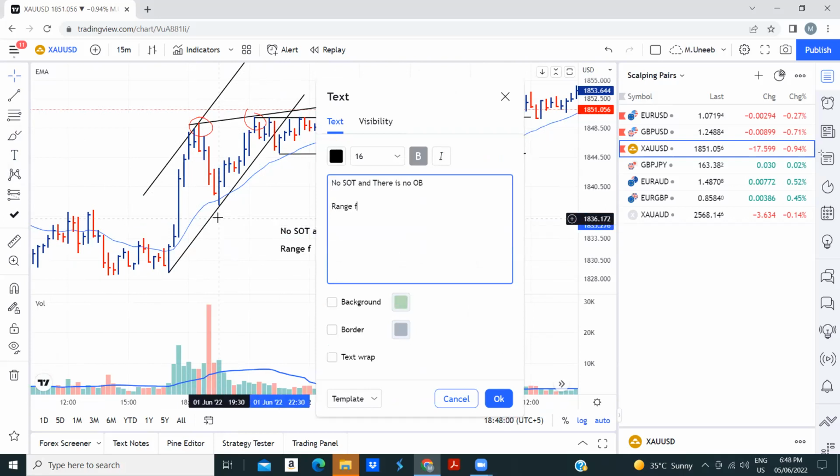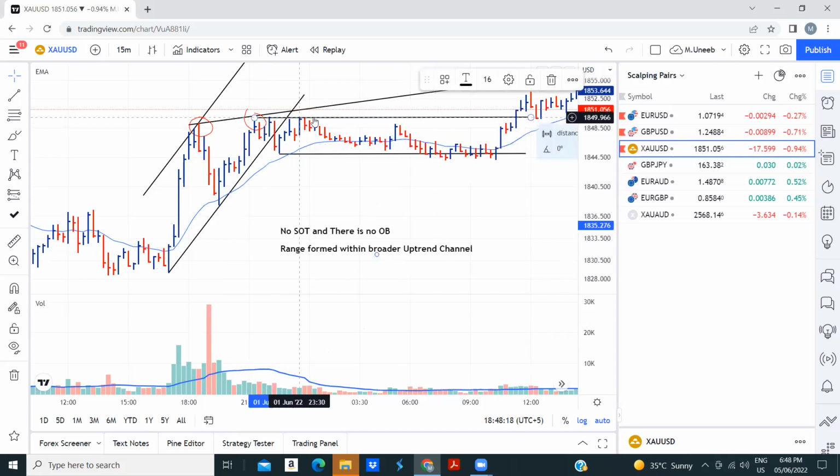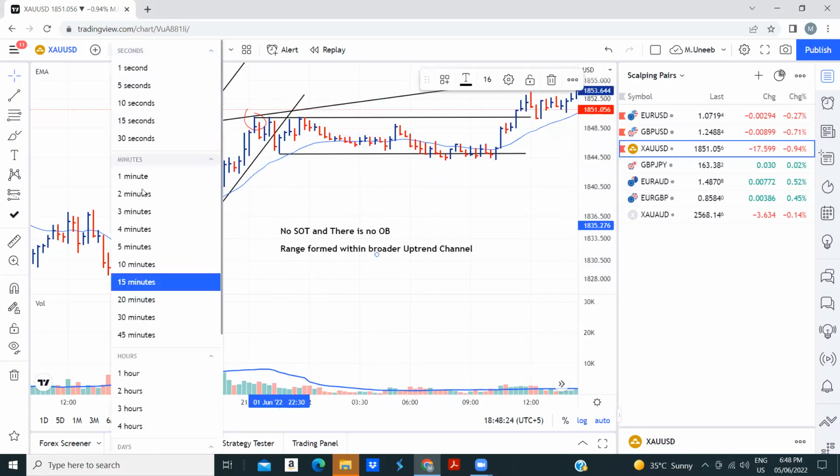Number one, range formed within broader uptrend channel, right? This range is formed within the broader uptrend channel, within this trend channel. So this is what? This is redistribution. Now, if I go to the 5-minute time frame,